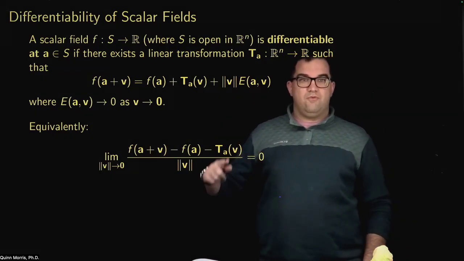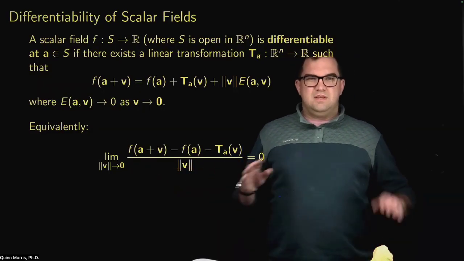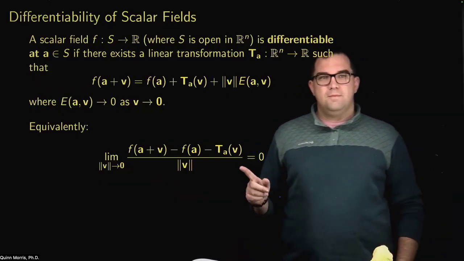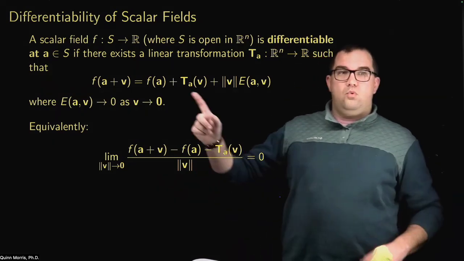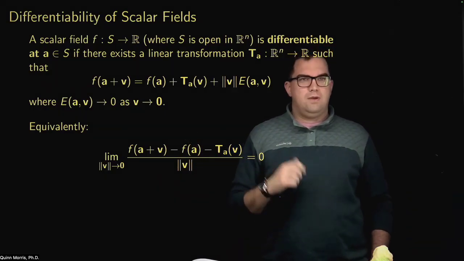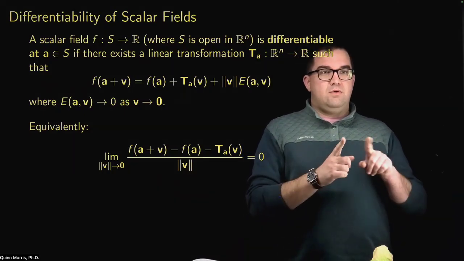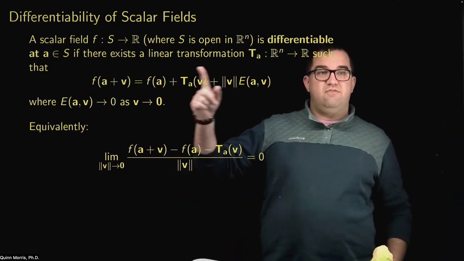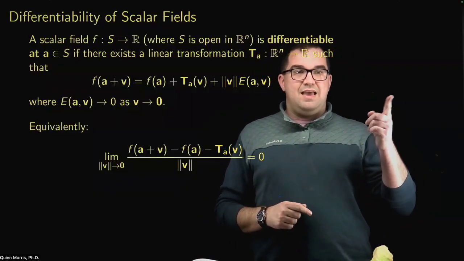Now, again, you could rearrange this and get something that is equivalent-ish to the limit definition of the derivative we've seen before, but slightly different because you have this linear transformation. Now, what is this linear transformation like? Why is that a big deal? Well, one of the things we saw in previous examples is you could have directional derivatives, but there was not a linear relationship between those directional derivatives. In some ways, what this is enforcing is not just that the directional derivatives exist, but that they form a